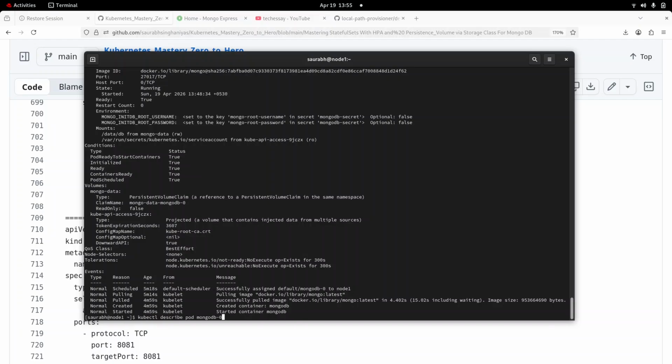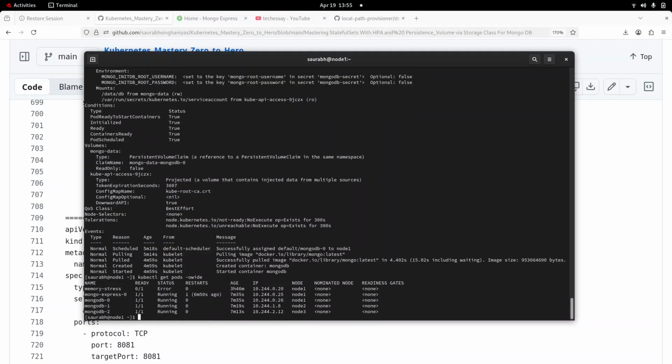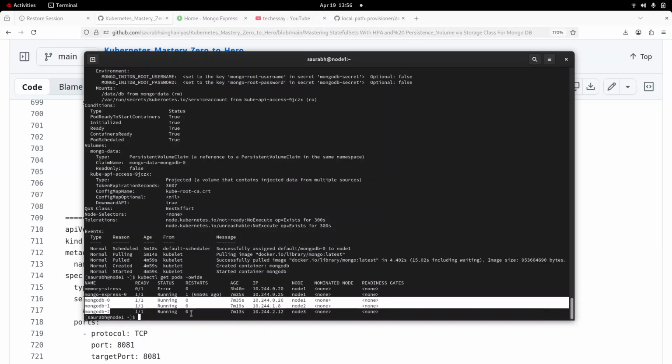So let me show you this one more time. kubectl get pods hyphen o wide. Okay, so here, first of all, we have applied the affinity rule. What you can see is that I have